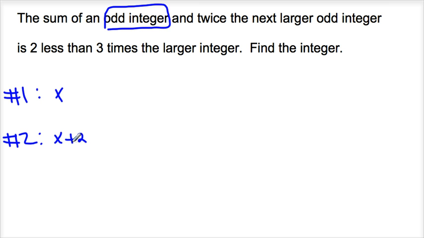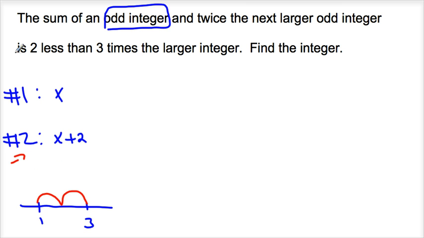Again, even or odd, it both works the same way because you always have to jump 2 spaces on the number line to get to the next odd integer. So if I'm at 1, I have to go 2 spaces to get to my next odd integer. So the sum of an odd integer and twice the next larger odd integer is 2 less than 3 times